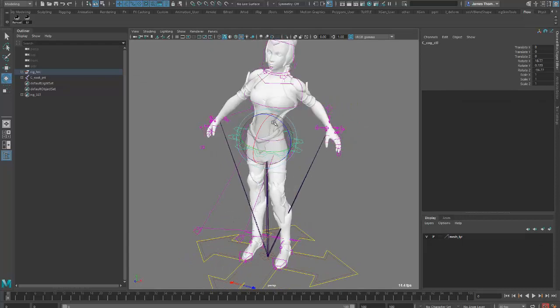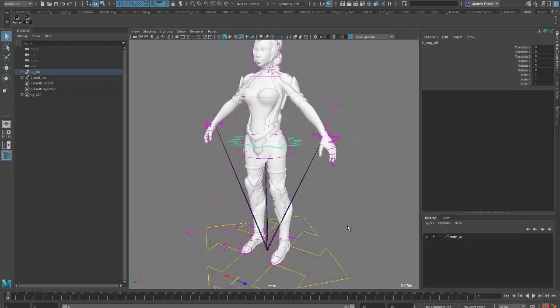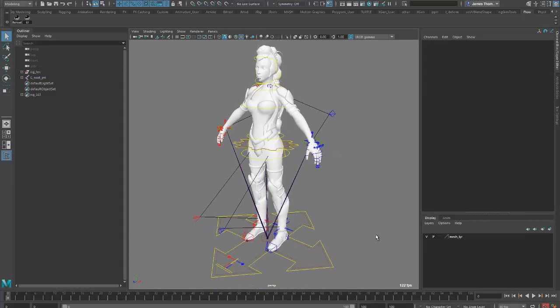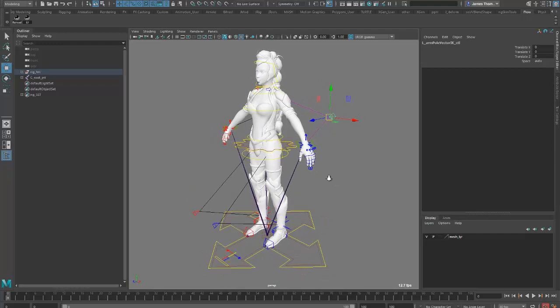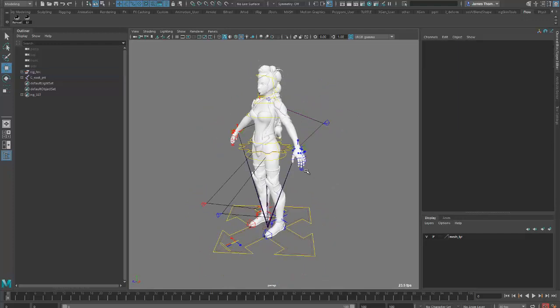So we've got the same space switches, same connections for everything. So from one biped to the other, the only thing you'd probably need to change is the skeleton if the proportions are different, and then obviously the skin weights. I think this one needs a few improvements, but we can quite quickly take one rig and transfer it to another,